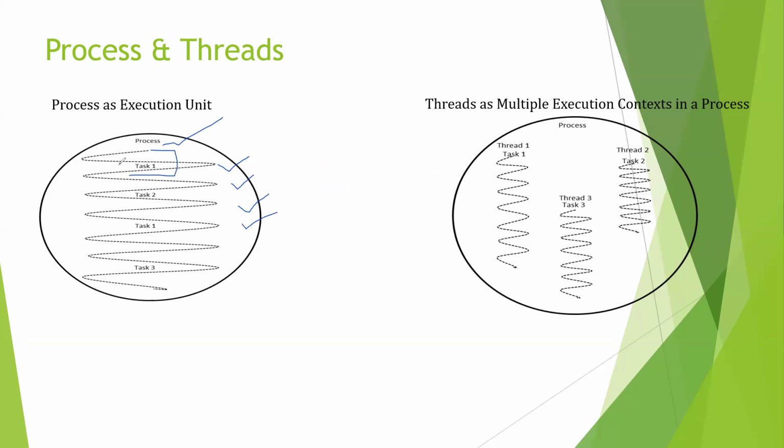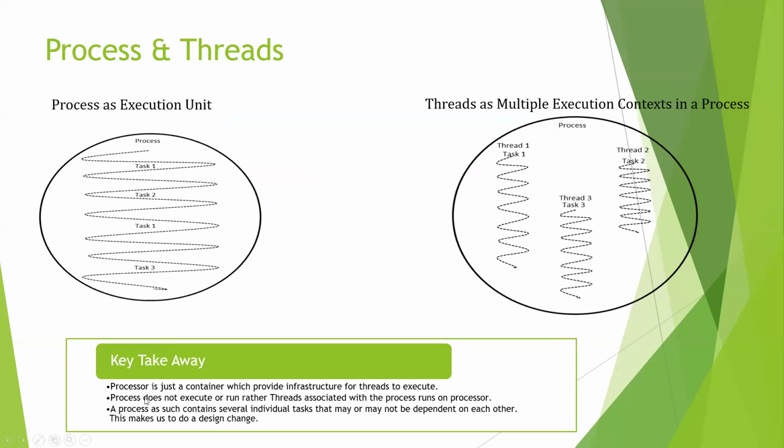So each task will be bound to one thread. Thread is basically the smallest unit of your execution, right? Here, a process as such contains several individual tasks that may not be depending on each other. Definitely, right? Let's say, for example,